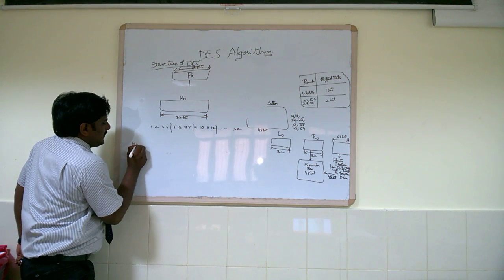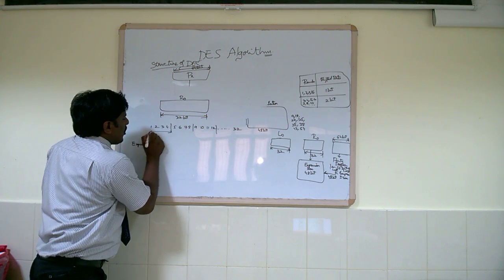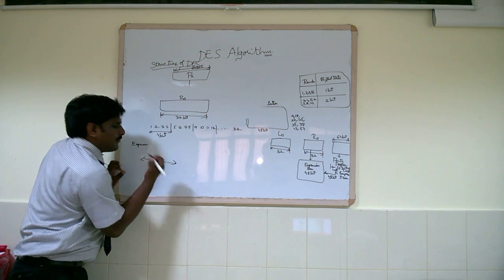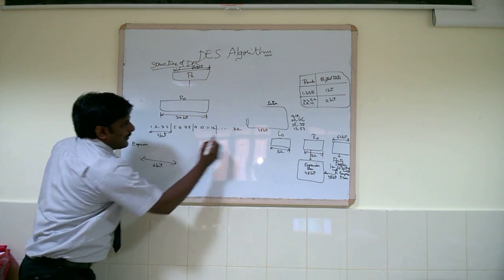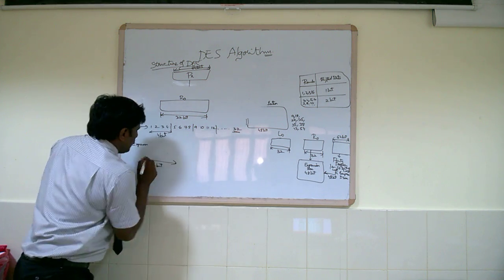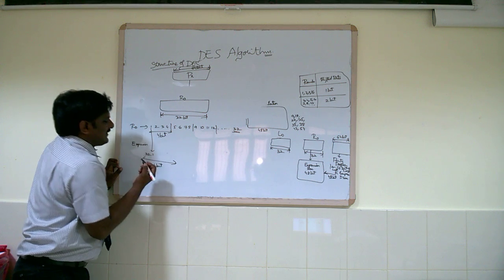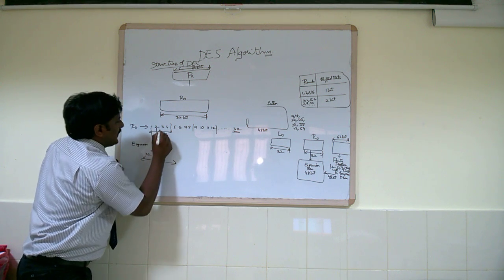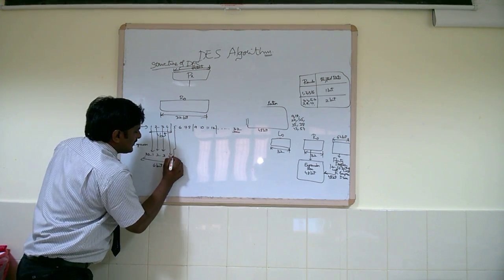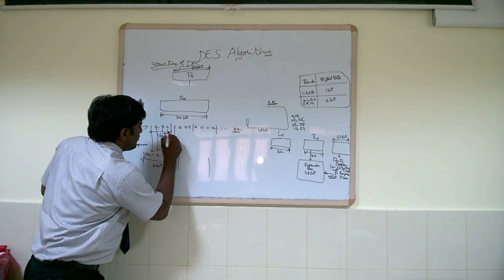So the expansion will expand each 4-bit block into a 6-bit block. The first bit will be replaced by the 32nd bit of R0. Then we copy the first bit as the second bit, the second bit as the third bit, the third bit as the fourth bit, the fourth bit as the fifth bit, and the fifth bit as the sixth bit. This is the first block, and for the next block